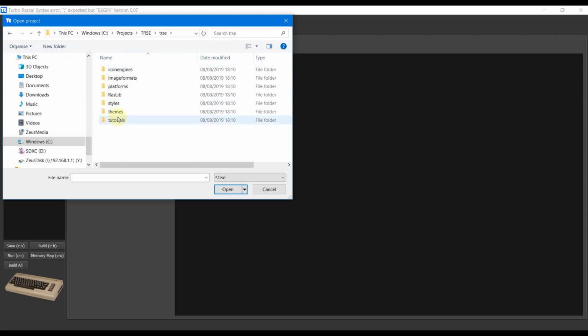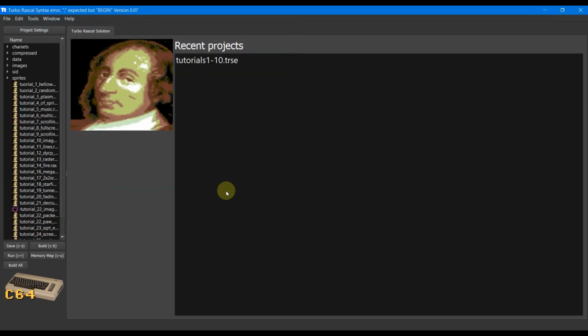So under tutorials, okay, and we are doing this for the C64, so I have to select C64 and then tutorials. We're going to load the TRSC project,